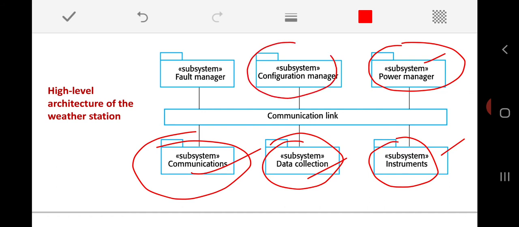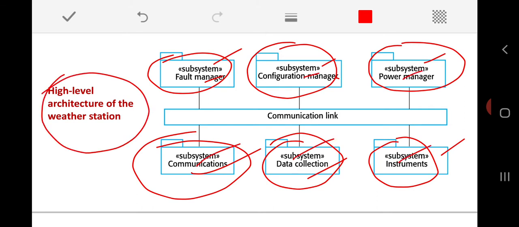As these weather stations are remotely controlled with software, sometimes we may need to reconfigure that software. For that we need the configuration manager. Also, sometimes the weather station may come up with some faults, or some service is to be done for some of the instruments. At that time we make use of the fault manager. So there are different types of subsystems that we have identified in the architecture of this weather station. All together they make a weather station as one software system.